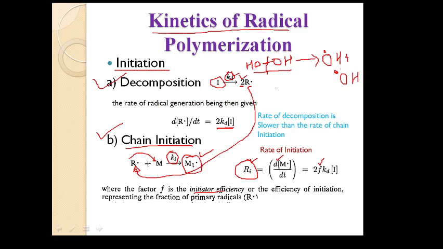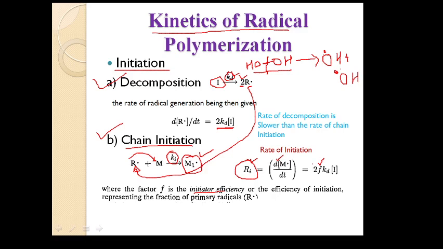If the efficiency is less, then we can produce less number of the radical centers. And if we produce less number of radical centers, those fewer will further undergo polymerization. So this f is actually representing the initiator efficiency, and there are many parameters involved to express the initiator efficiency. For example, solvent, temperature, and the reaction conditions you are using for the polymerization process. So this f is also very important for the initiation.